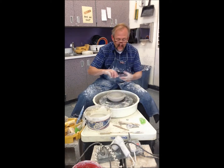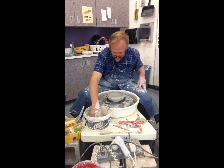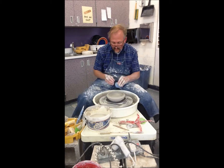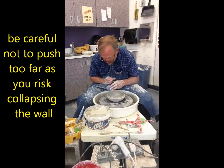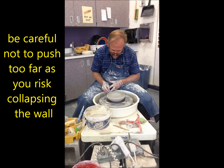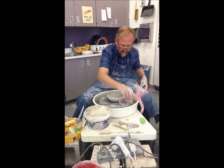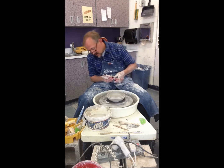Alright, I'm going to check my caliper, and I can see that now I've pushed that in a little bit. It's a little too narrow. Now I want to make that a little bit wider, and that's an easy fix here with my sponge. Notice my wheel speed is relatively slow. I don't want to get carried away and move too fast. Because I'm contacting at one point, and because I move slowly, whatever I do at that one point is happening to the entire pot. So I've opened that up a little bit,